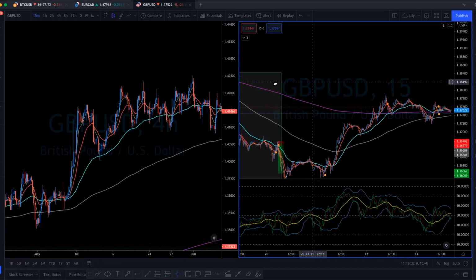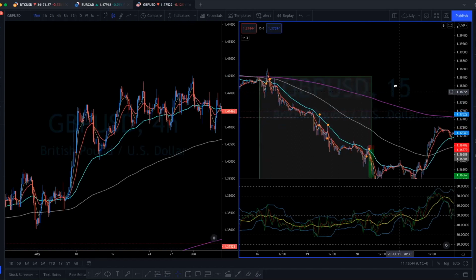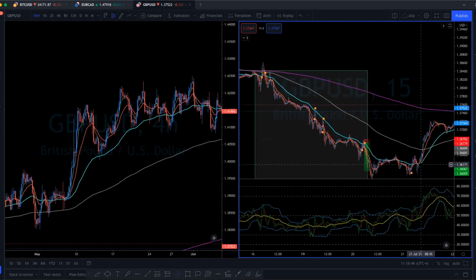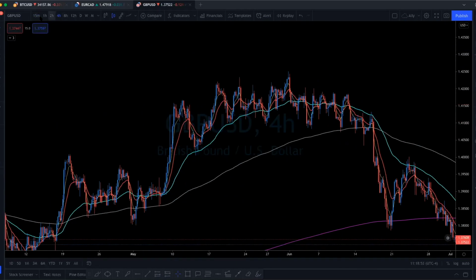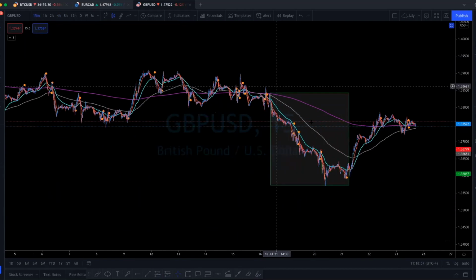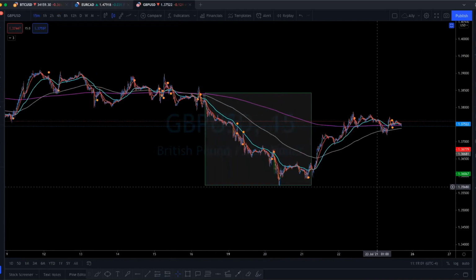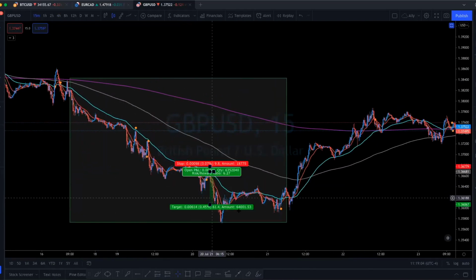Well, the same thing basically is on a 15-minute chart. Whenever you see 50, 200, 800, right, all of them, and price action is all below all of them, the directional bias is to sell. Now, the one thing that I want you guys to understand is that just because the directional bias is, let's say in this spot here, a sell,